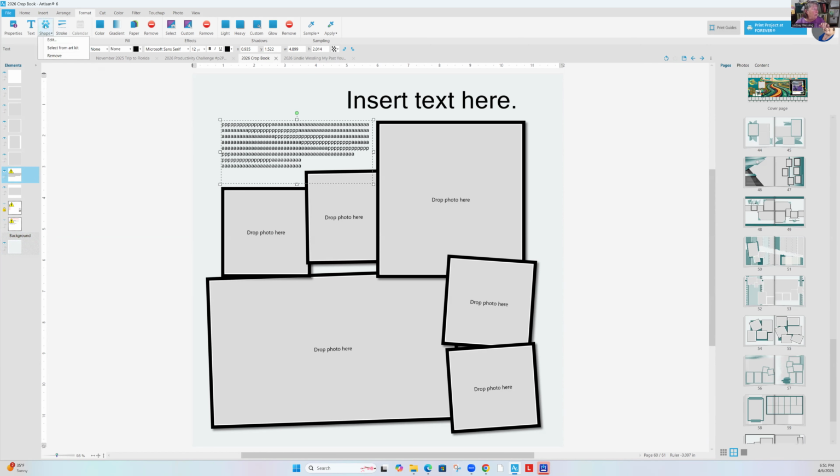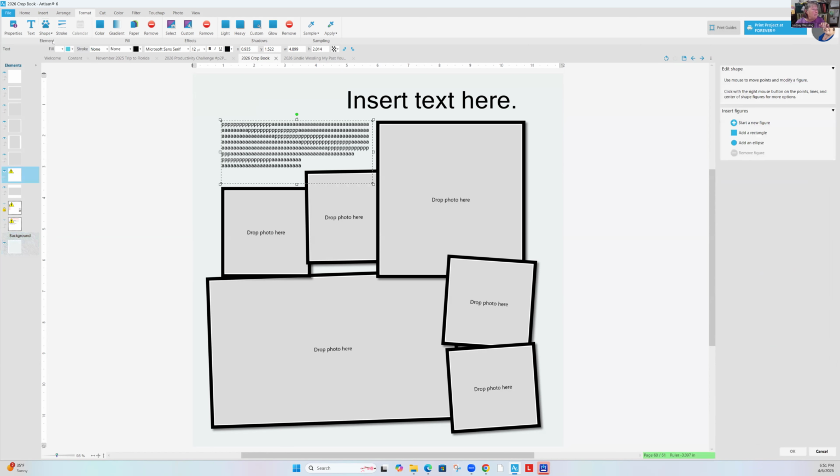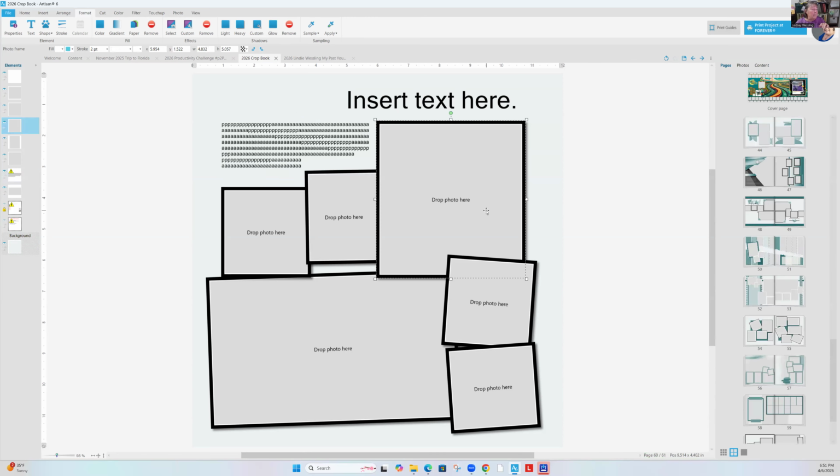So shape up here, edit, and now I can change the shape of my text box. Or I can change the shape of this photo. So if I go shape, edit shape,